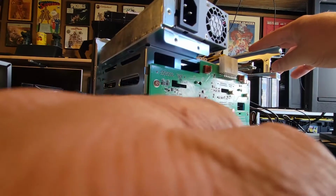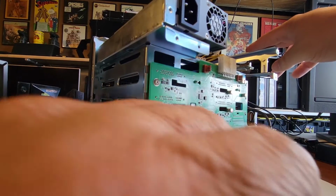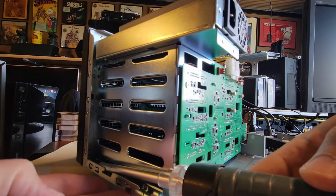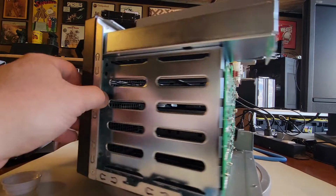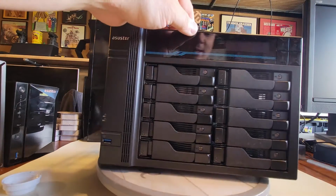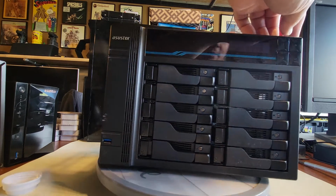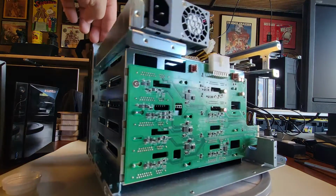So getting in there isn't too bad now that I got the back plane off. This larger screwdriver is going to fit in there, and I can get those screws out. Get those 2 out. There's a little clip right there. That front bezel should pop right off, and then you're good to go. So, folks, that is the teardown, for the most part, of the Asus